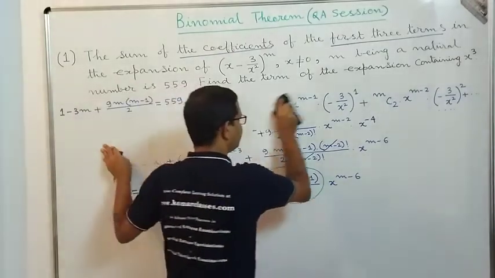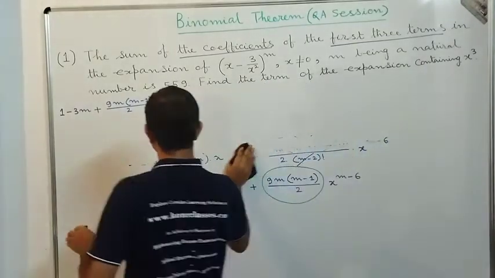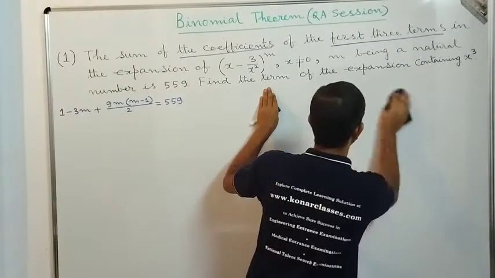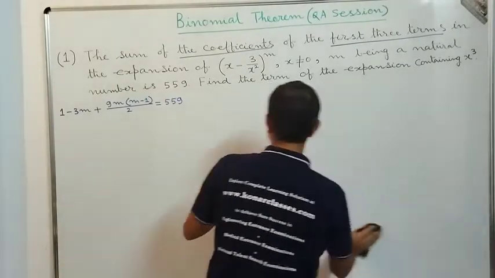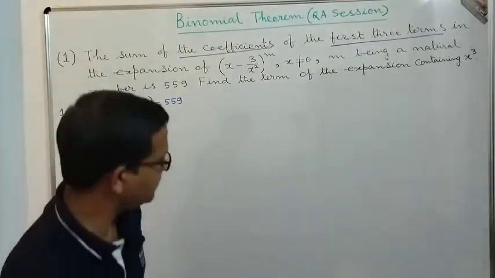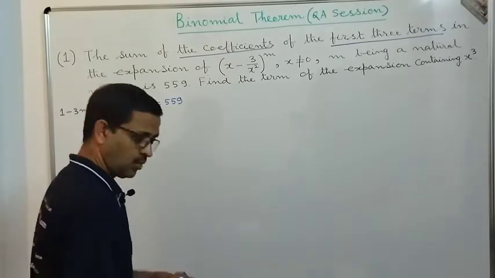So from here we can find the value of m. Once we get the value of m, then we can find which term in the expansion contains x to the power 3. Now to find the term containing x to the power 3, one small thing I can write here, dear students, is that